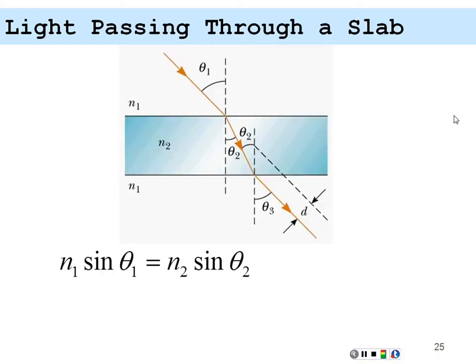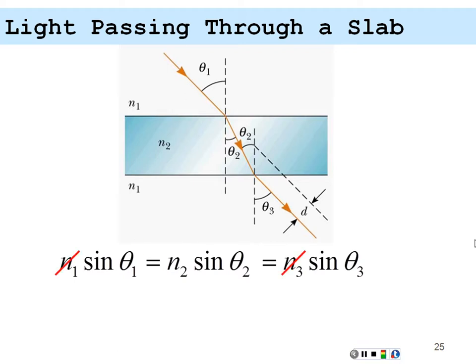Here's light passing through a slab. We know that light coming in from a lower index, say, to the index of the slab, will obey Snell's law. And so index 1 sine theta 1 will equal index 2 sine theta 2 according to Snell's law. As that light passes through the slab, it encounters another interface back to the original medium, and we know Snell's law should apply to that interface as well. So n2 sine theta 2 should equal n3 sine theta 3. If n1 and n3 are the same index,